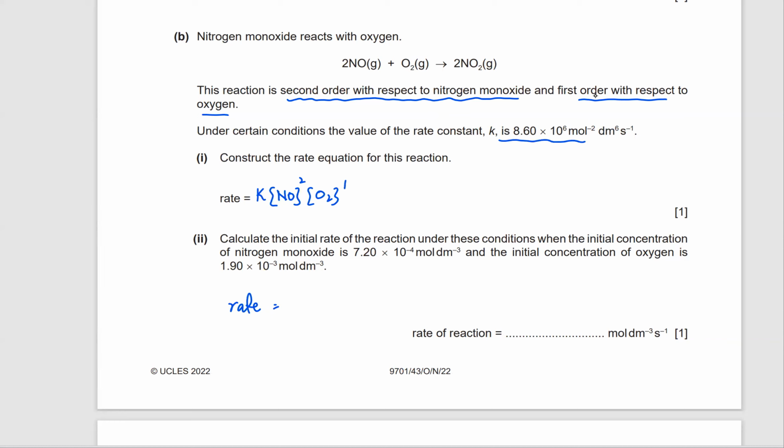That's 8.6 times 10 to the power 6, और into NO is 7.2 times 10 to the power minus 4, and that's order 2, so that's squared. And oxygen 1.9 times 10 to the power minus 3. वो power 1 है, तो उससे आप बस रेट find करोगे, ठीक है।